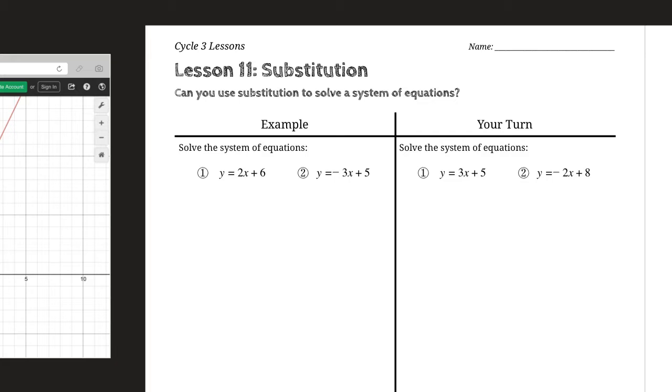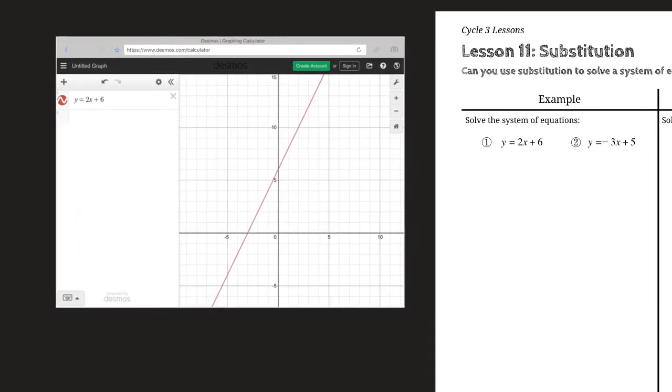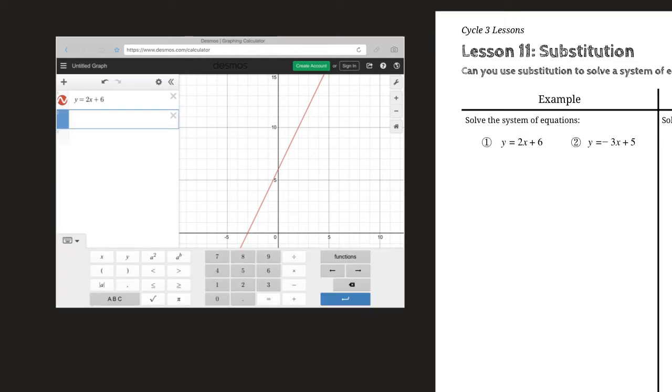You might like this way. A lot of people find it easier than elimination. So first of all, just to check, let's just see what this looks like to graph it. So I've actually graphed here in Desmos the first line, y equals 2x plus 6. And we know we would also be able to graph this by hand, right? If we started at the y-intercept and then used the slope. But let's just graph the second one in Desmos as well, just to see what the solution should be. So we can put this in, y equals negative 3x